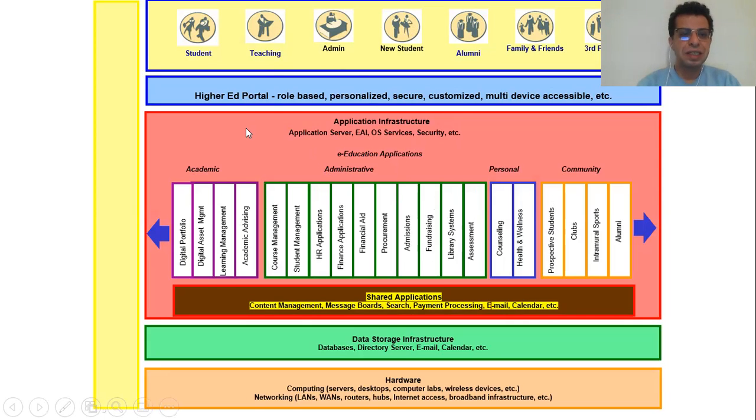Now, when you start selecting, replacing, or evaluating a solution, lots of mistakes happen. The main mistake is that users, the IT manager, or the chief information officer start from the bottom going to the top.